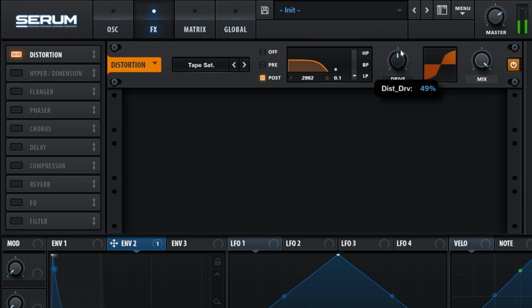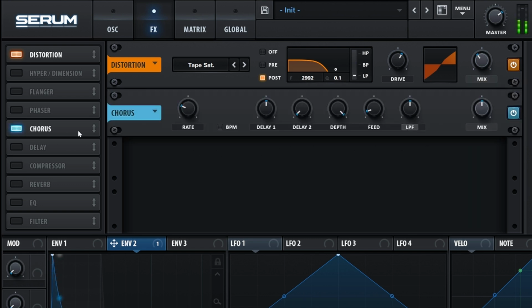Turn up the drive to around 63% and the mix down to 38%. This will fatten up the sound. Now turn on the chorus and drag it below the distortion. Set the rate to 0.03, delay 1 to 0, depth down slightly to 20 milliseconds, feed up slightly to 22%,